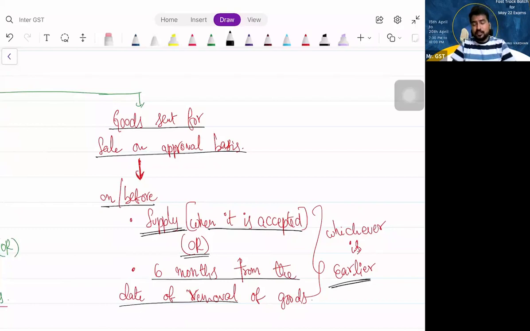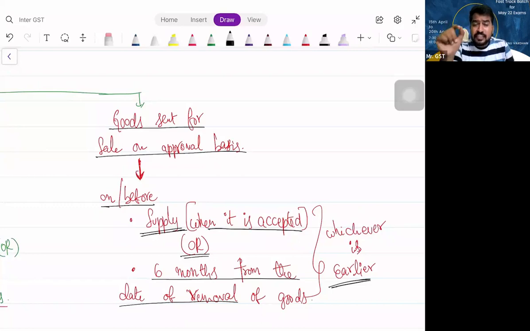So what does the law say here? If you show something in the books of accounts as goods sent for sale on approval basis, when should you raise the invoice? When the opposite party gives the approval, I should raise the invoice. If the opposite party doesn't give the approval,